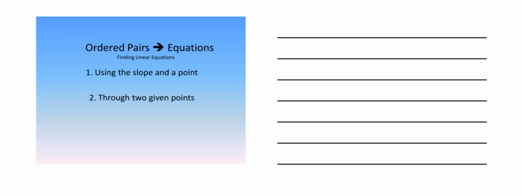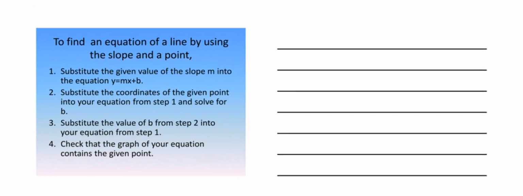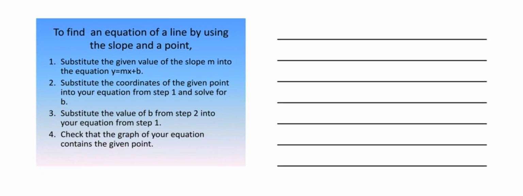Order pairs to equations, or finding linear equations. We can find a linear equation, one, using the slope and the point, or also, option number two, through two given points. So let's visit first using the slope and the point. So in order to find a linear equation,